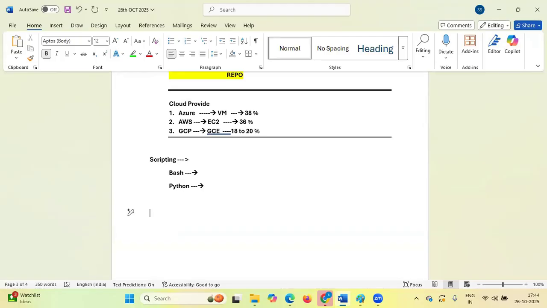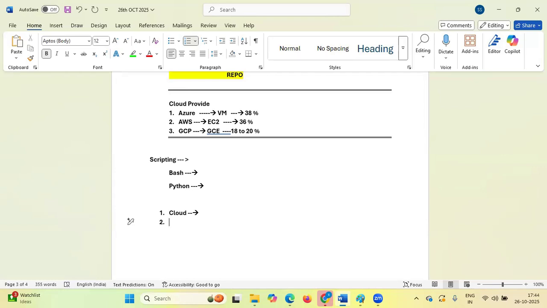So after the cloud provider, we should have the knowledge of cloud, right? Before that, what is cloud? If I ask anyone, they will say it is a server, storage and all. But cloud is basically a service which we are going to use over the internet. And Azure, AWS and GCP are not the cloud. They are the service providers. Okay, guys. Whenever we talk about this, that is what we have to understand: cloud is a service which we use over the internet.